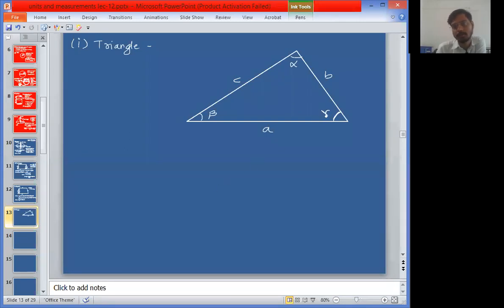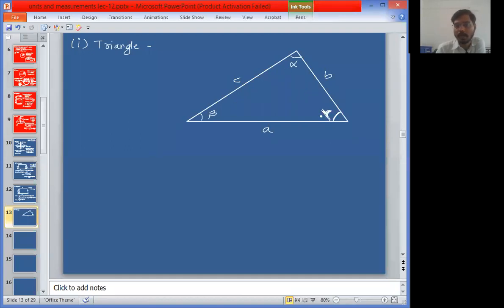What is the symbol of gamma? You draw Y like this, draw gamma like this. This is Y, capital Y. Sorry, this is Y and this is gamma. You can, for time being, draw the gamma like this. No problem. Okay, sir. This is gamma.